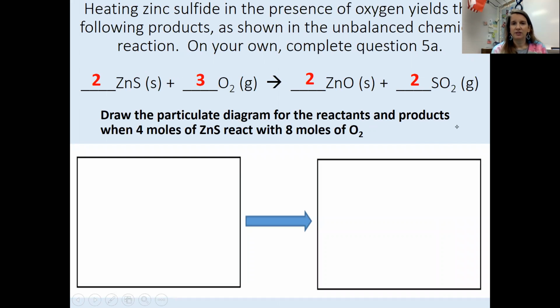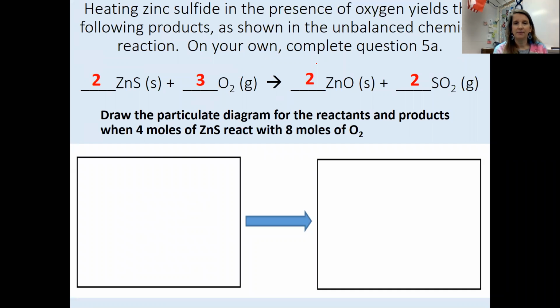All right, so let's take a look at this one on page 10. So we're trying to draw the particulate diagram for the reactants and products when 4 moles of zinc sulfide react with 8 moles of oxygen. So I'm going to make,